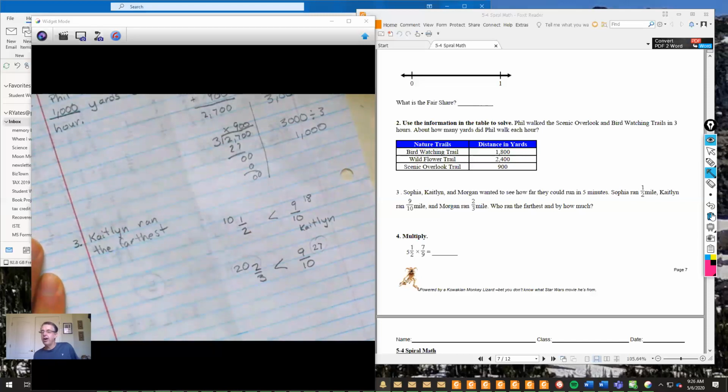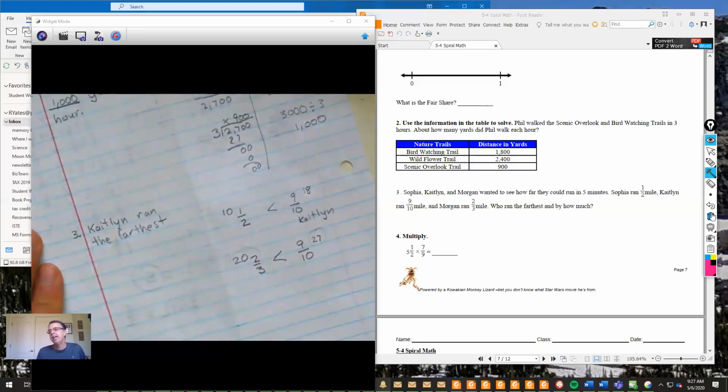Now that's not all I have to do. I have to also say by how much. When they talk about by how much, that means how much more did she run in the second biggest distance, or the second longest distance? Well, what I've got to do is find out who actually ran farther,